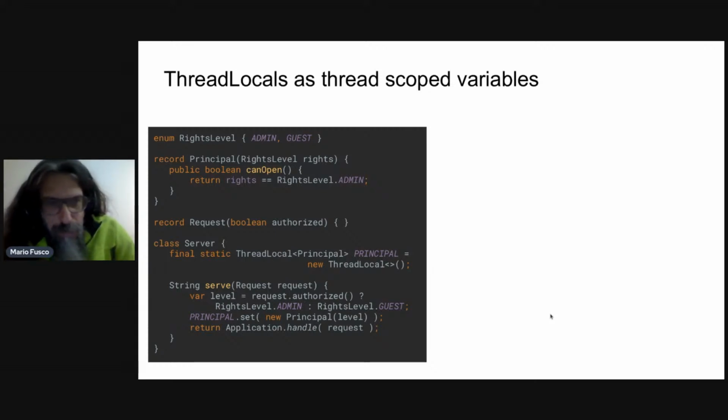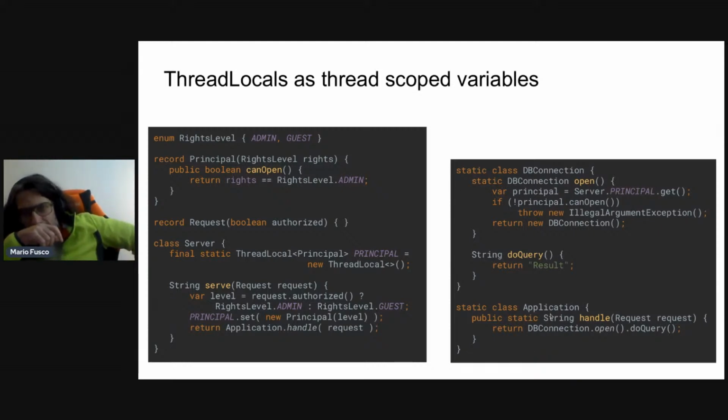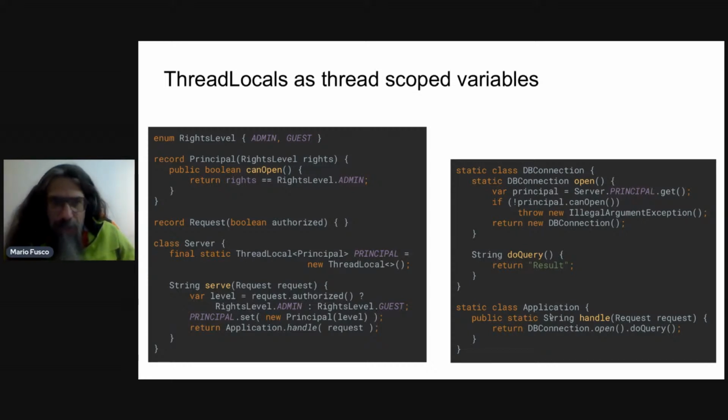So let me just recap what thread locals are, why they have been introduced, and what their main purpose is. What I wanted to do with this example is perform an operation on a database, and I can perform this operation only if I have certain rights. But I don't want to pass my rights level down to all the calls down to the database call. I just want to say, okay, at some point I figure out my rights level, if I'm an admin or a guest, and I set this value on this principal that is the thread local,